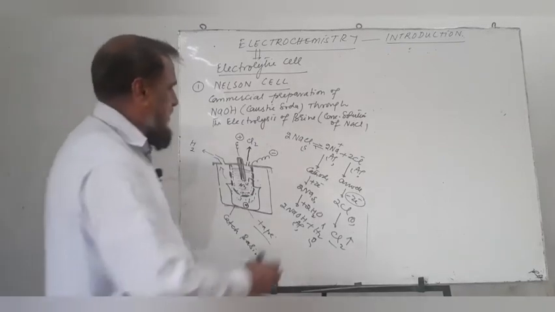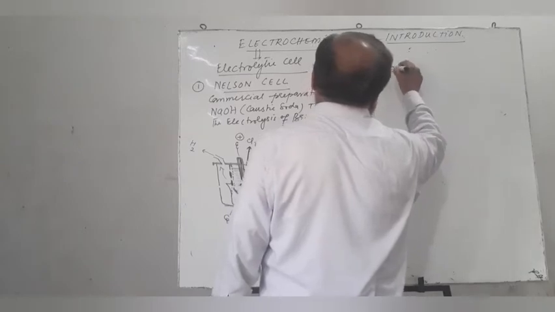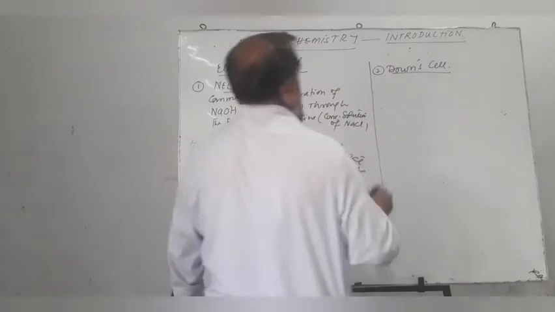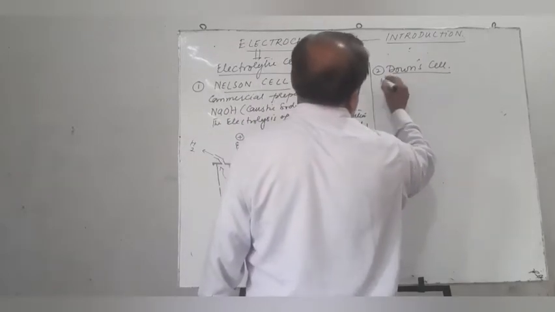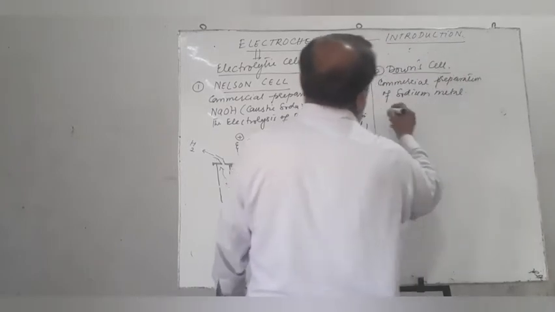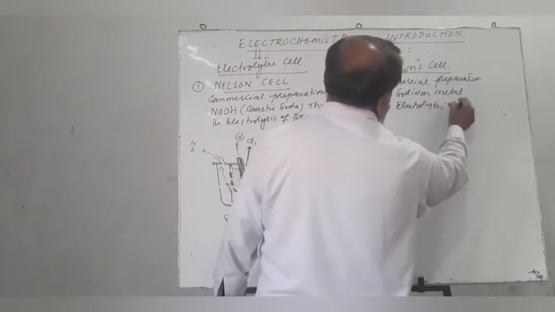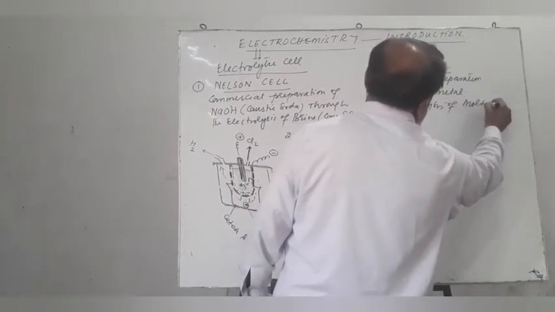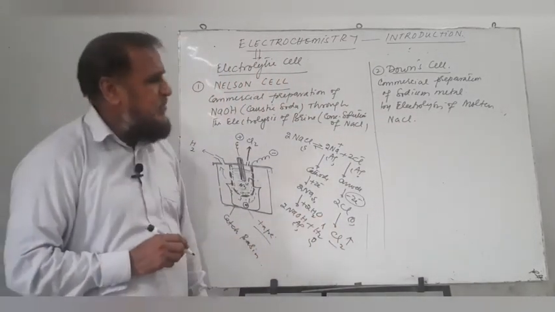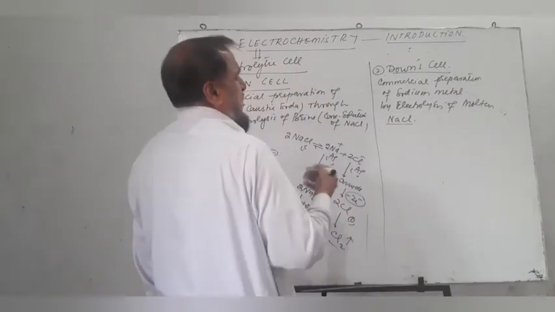The second example of an electrolytic cell is the Downs cell. This cell is used for the commercial preparation of sodium metal by electrolysis of molten sodium chloride, molten NaCl. We melt sodium chloride and pass electricity so that sodium is produced at the cathode and chlorine gas is